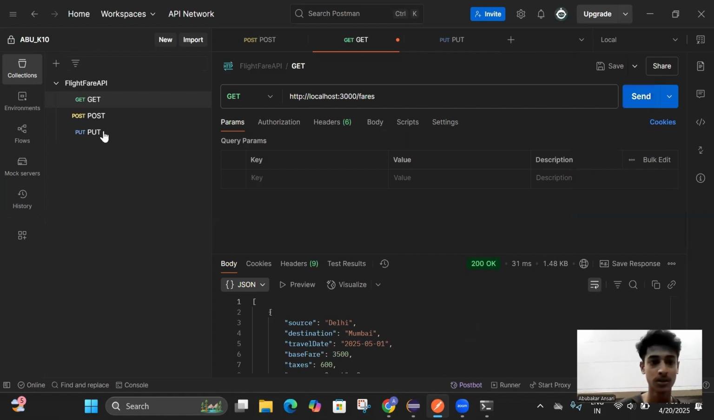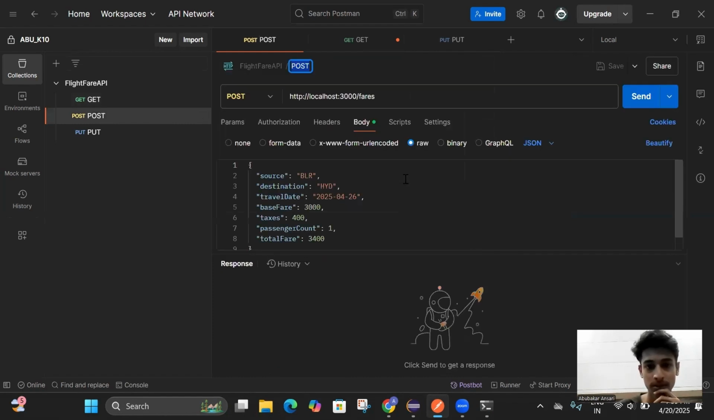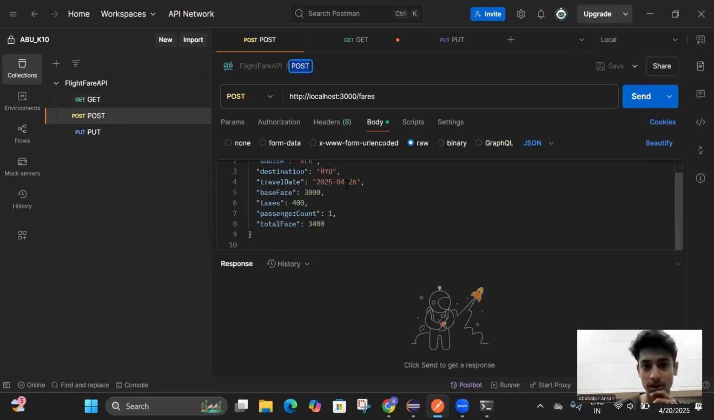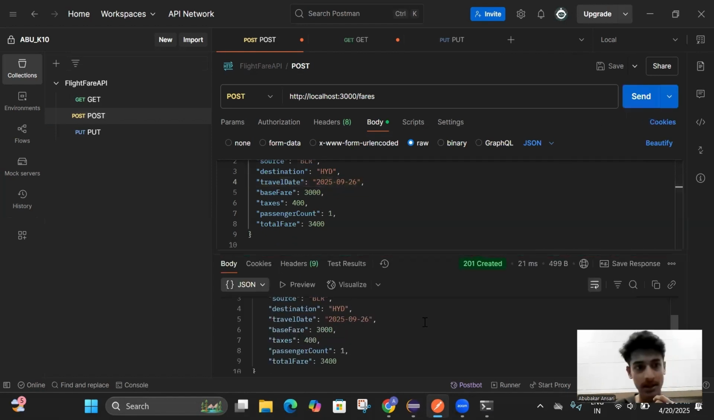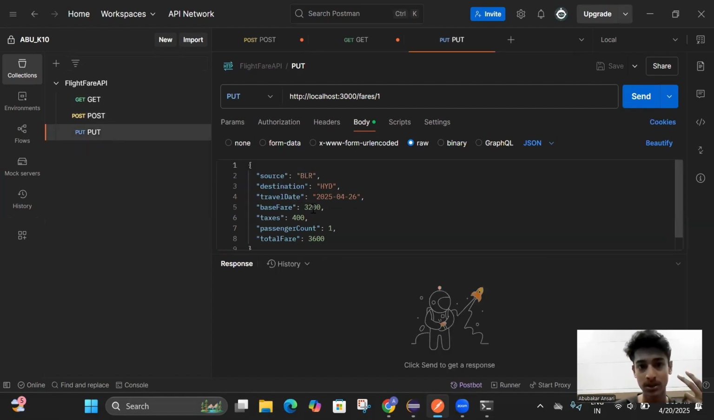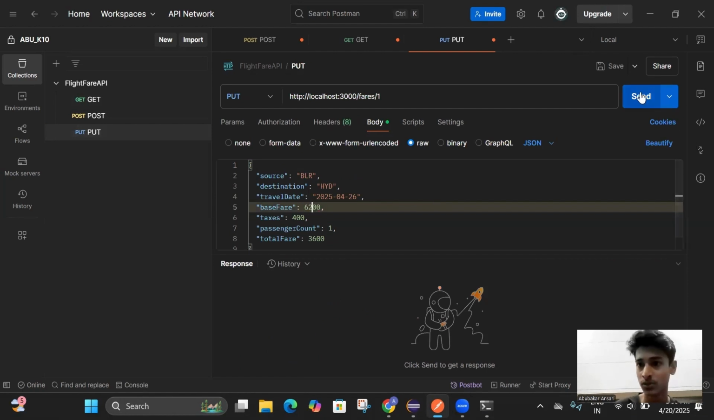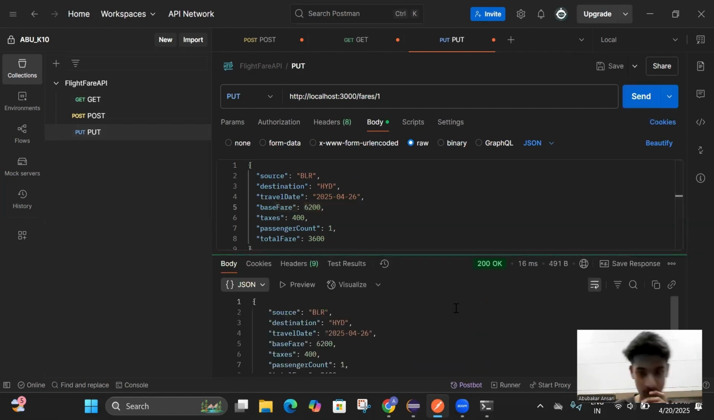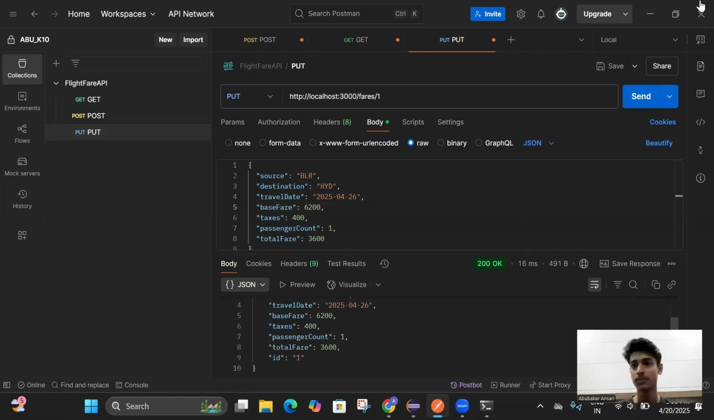We will use the POST method with some modifications because I've already changed it. So let's change this right here. And this has added a new one. We can also update the record. Let's say we have to increase the fare to 6,200. And you can see the PUT is also working perfectly fine. So we are done with this part, and